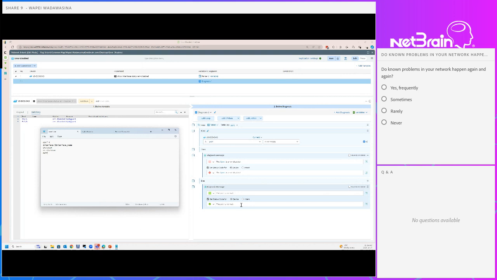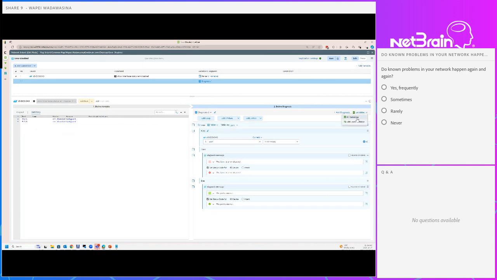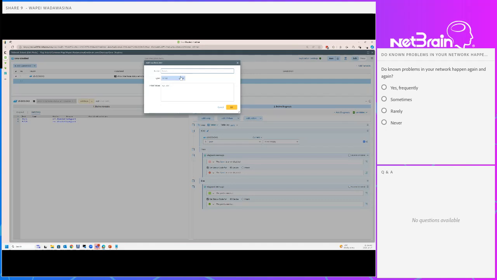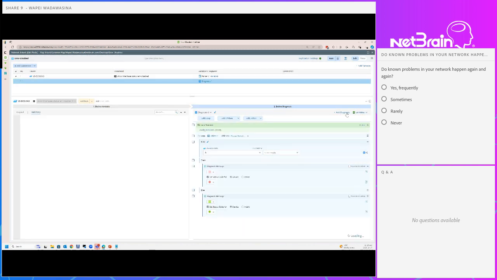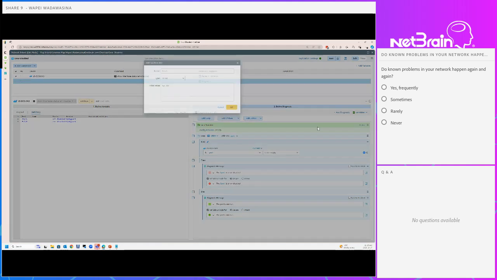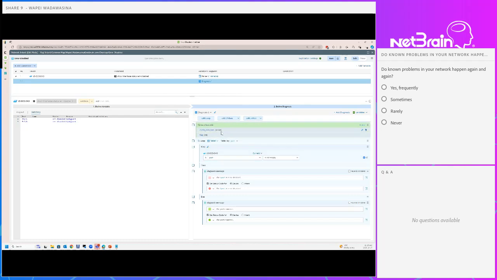So in order to do this in NetBrain, first we're going to add two variables. I'm going to call the first variable the config template, and this is the template that I want to put in. Next, I'm going to add another variable, and I'm going to call this the flag. I want this one to be an integer type. So once I've created that,